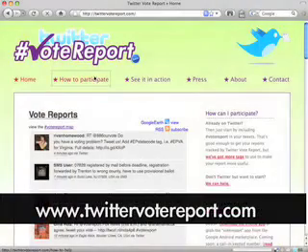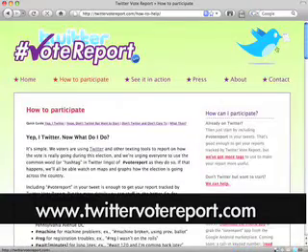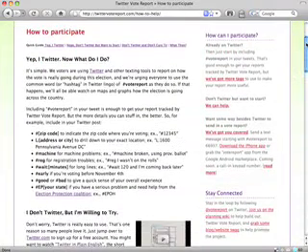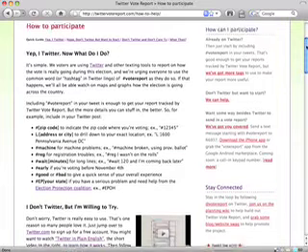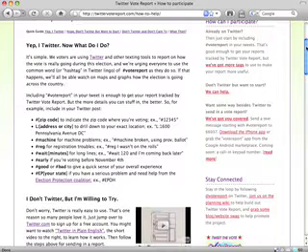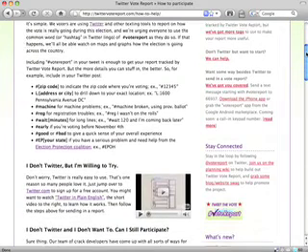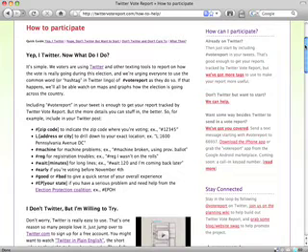Twitter Vote Report is an attempt to use the social networking utility Twitter to track the way Election Day is going in real time. So if there are problems, people will be able to know about them right away. Now, if you're a Twitter user, this will be very straightforward. If not, I suggest going to the site and finding out some more. But basically, in your Twitter messages, which are sort of like a status that you always update, for those of you who don't use the site, you just include the phrase